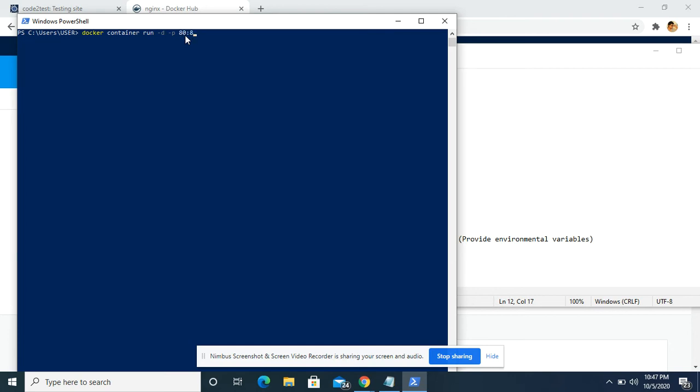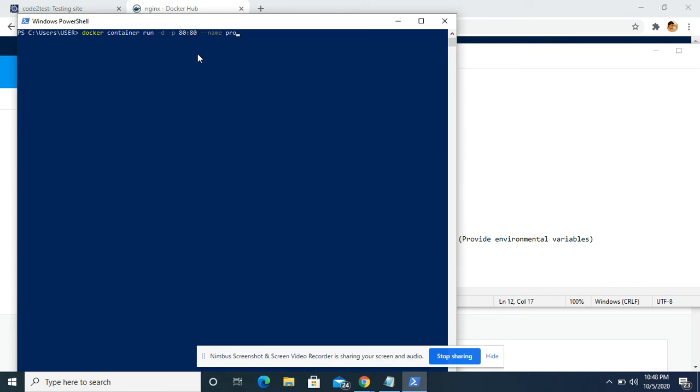If I want to name my container, because if you don't name it, a default name will appear for your container. Suppose I want to name it, so I will use --name.